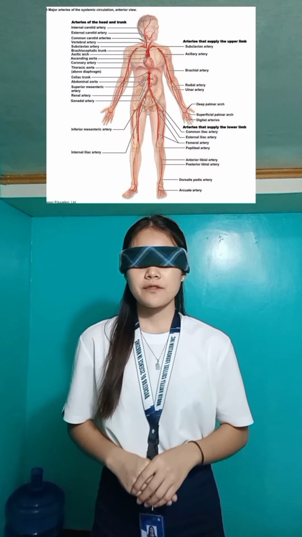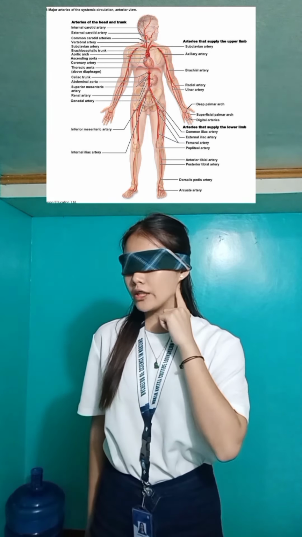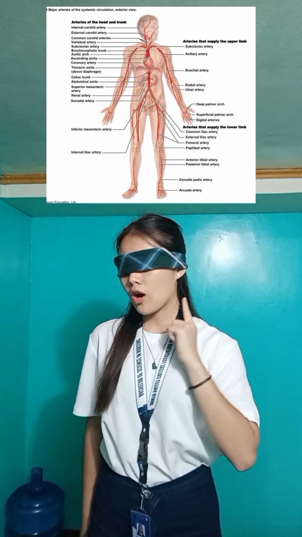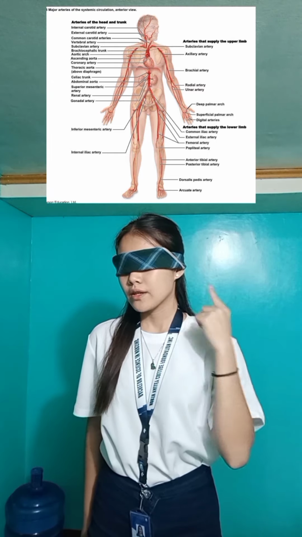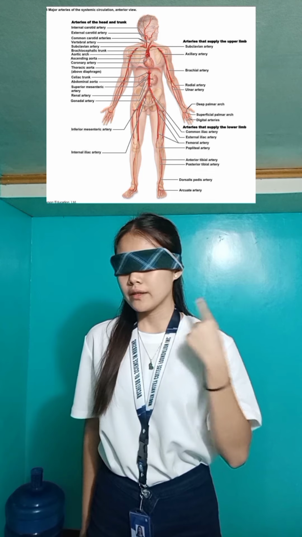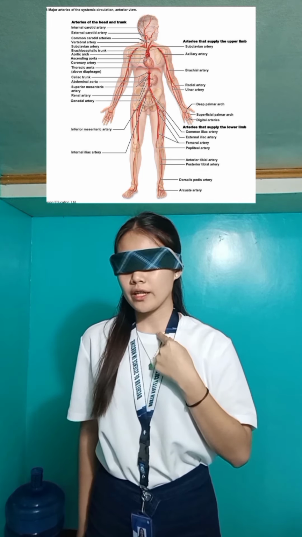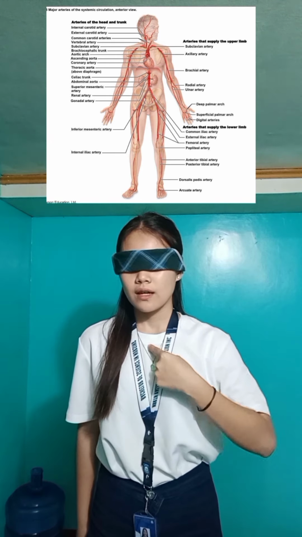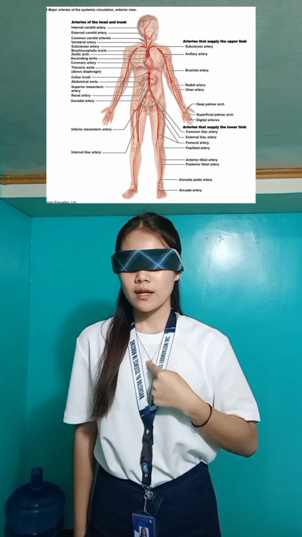The major arteries of the systemic circulation in anterior view. Arteries of the head and the trunk. Internal carotid artery, external carotid artery, common carotid arteries, vertebral artery, subclavian artery, the brachiocephalic trunk, the aortic arch, the